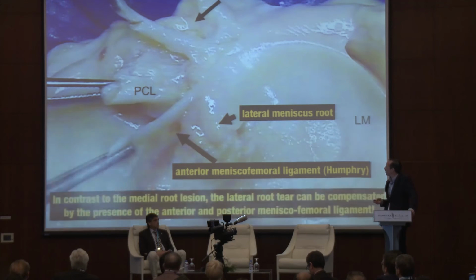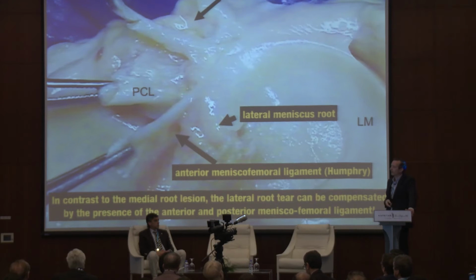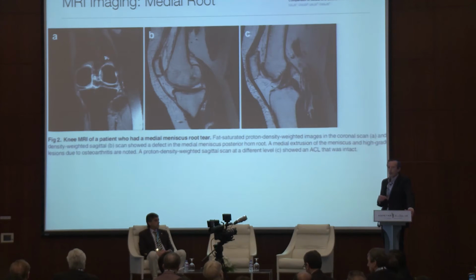And that is a very good situation, because the human body can compensate for a lateral root tear thanks to the existence of these two very important ligaments that are present in a high number of our patients. If we look at the imaging of medial roots and lateral roots, very obviously,